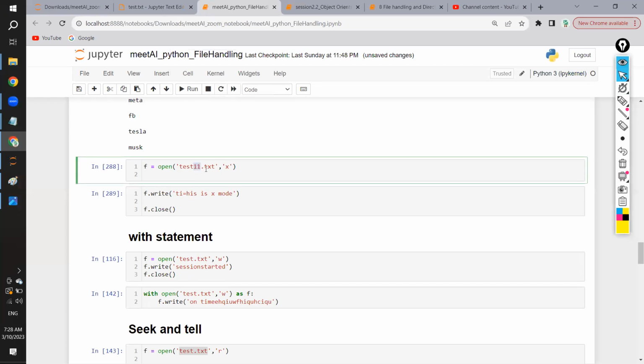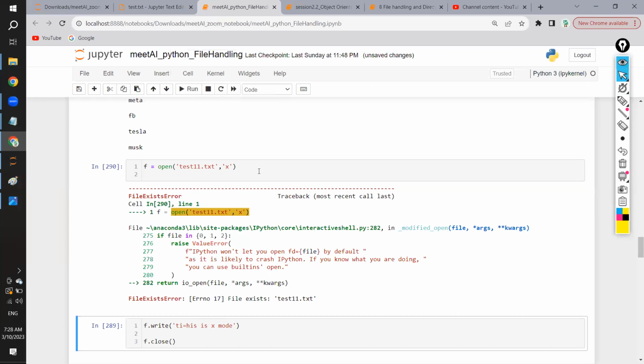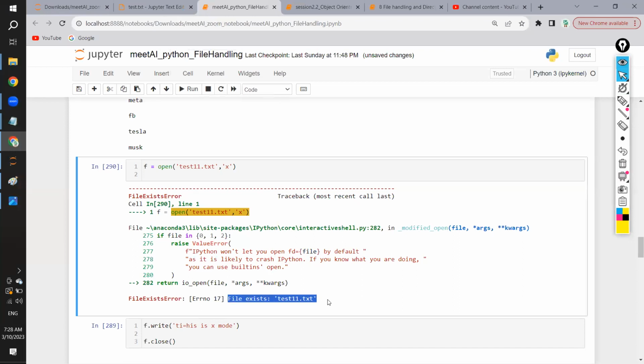Test11 is created now. Now if I try to open this again in X mode, see, it is giving a file exists error, because just now we have created it. That means X mode is very important, because if the file is already present, it will give you a file exist error. It will not touch that. So that it will make sure that you are not overriding or appending to an already existing file. Same thing goes for